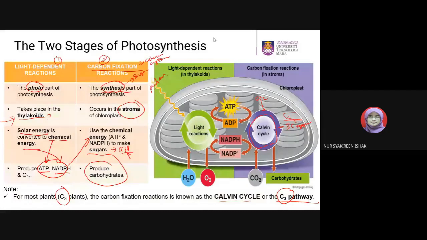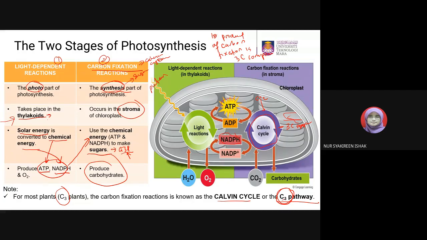It is because the first product of carbon fixation is a 3 carbon compound. Okay, so that's why we call it the C3 pathway, and the plant we call a C3 plant. Okay, so kalau kat gambar ni tengok, so light reaction absorbs light energy, photons, and then it produces